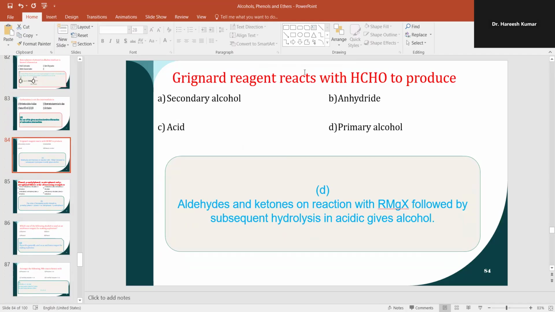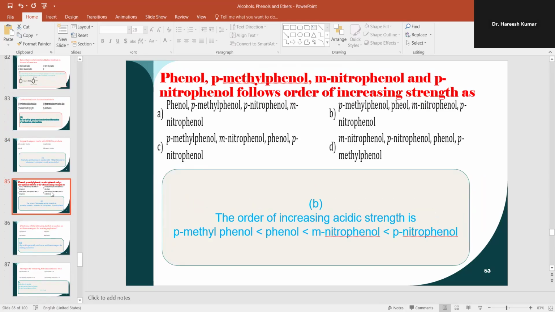So Grignard reagent reacts with formaldehyde and gives rise to primary alcohol. Ketone will give you the secondary alcohol. Anhydride is not possible. Acid also is not possible between the Grignard and other things. Then,